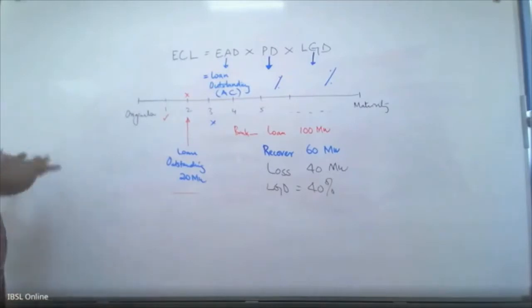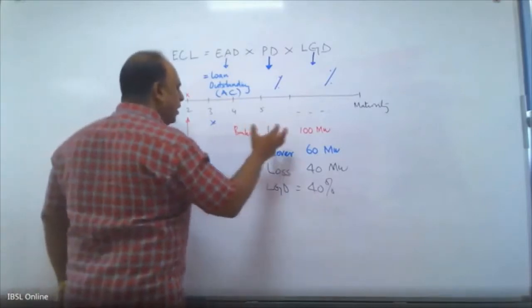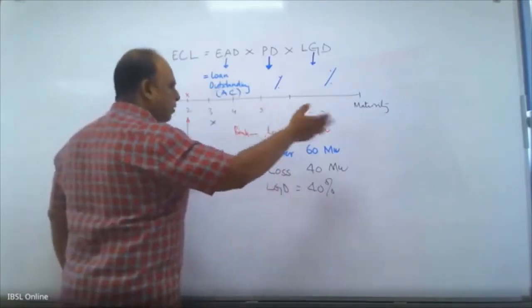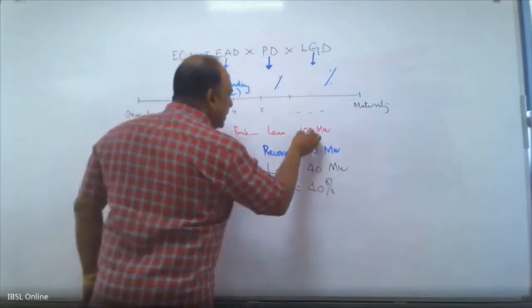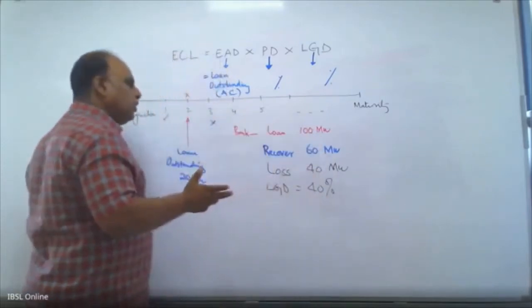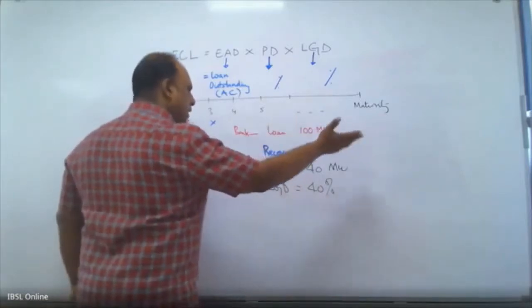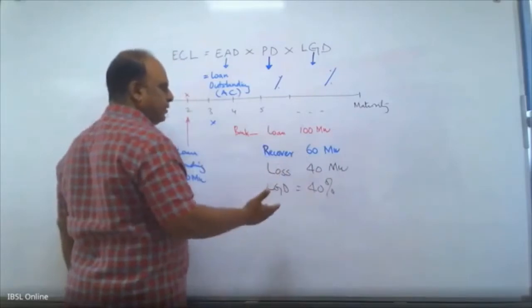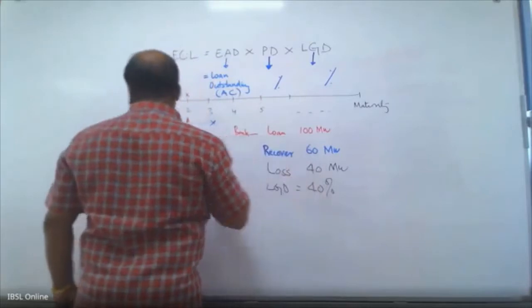So when they look at their historical records, numbers, I'm just taking an example. You take 100 million of a loan, when it went bad and almost dead, you managed to recover only 60 million out of this. How? It could be any way. You would have had a property mortgage, you could have sold it and recovered only 60 million. Anything could have happened. But the recovering capacity of this company is only 60 million.